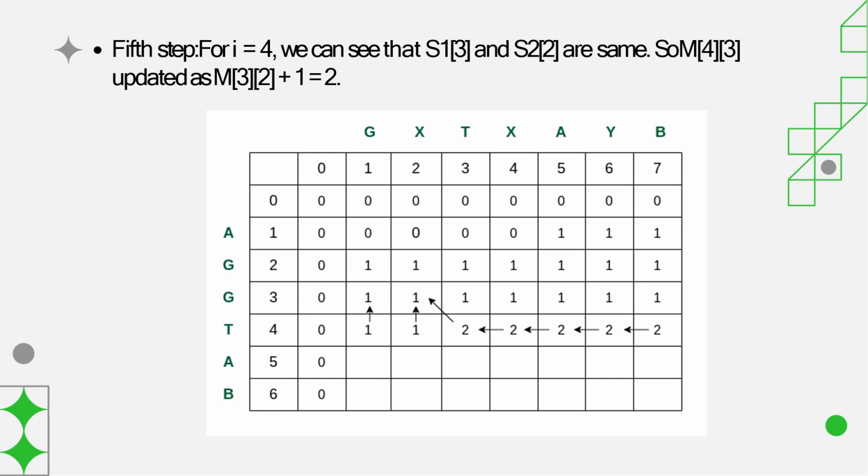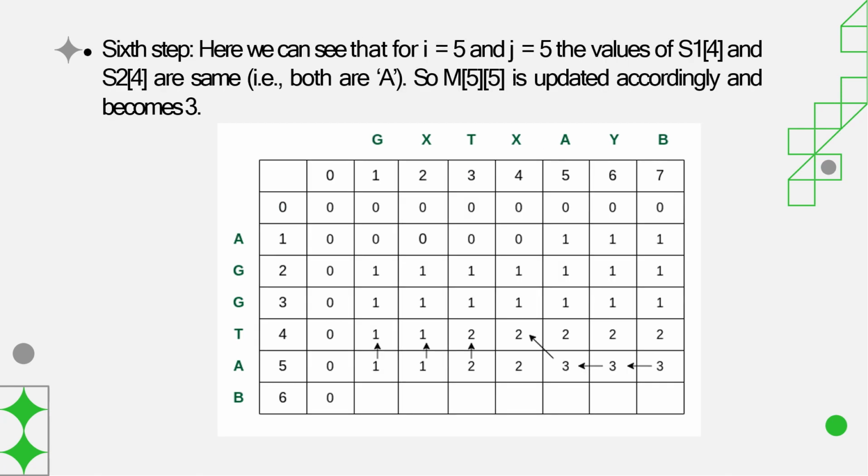Ta is not matched, but the maximum number is 2. Ty is not matched, but the maximum number is 2 from the side. Tb is not matched, and the maximum number is 2 in the row. Next, the sixth step will be finding the fifth element. In the fifth element, Ag is not matched, but we took 1 because it is the maximum number in column